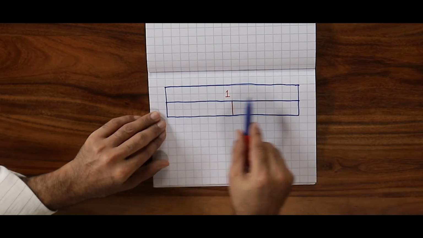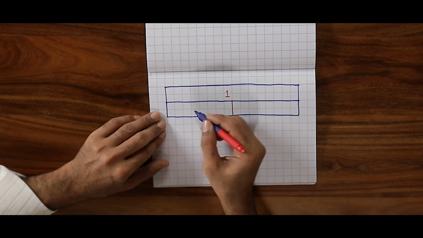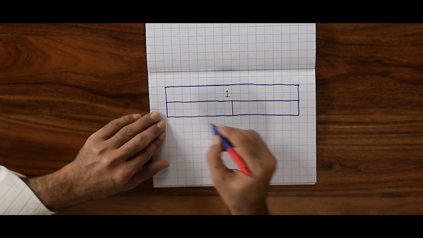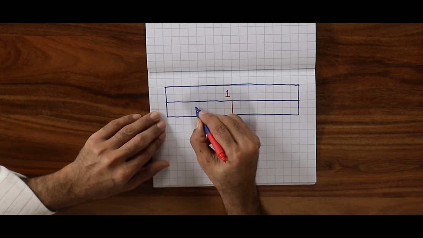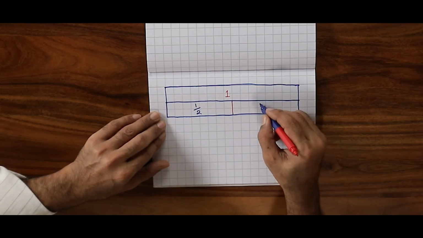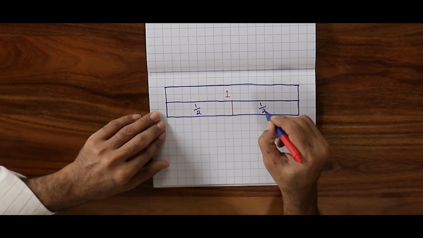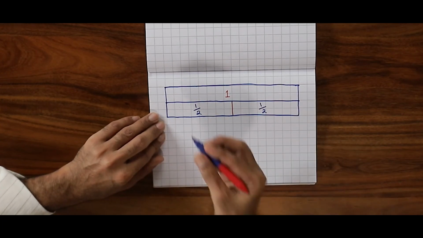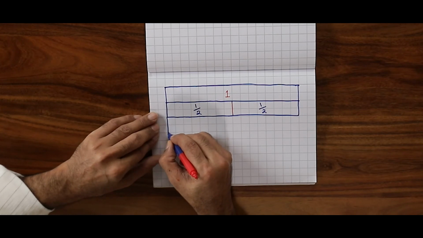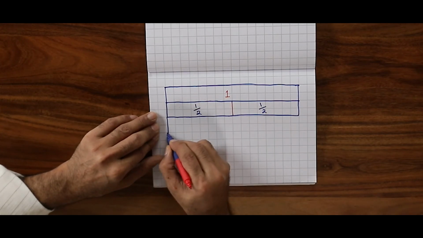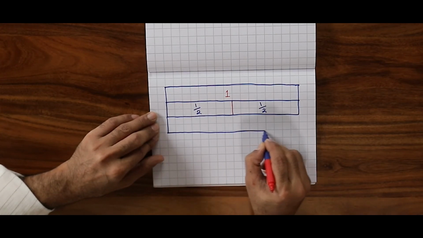I can draw a line here and split this into 2 portions. This one portion can be called 1 of 2. This is also 1 by 2. With the same full object,